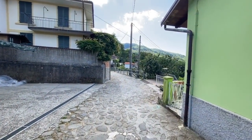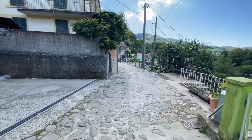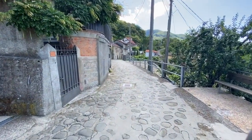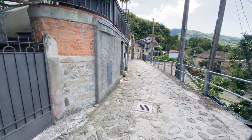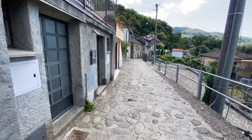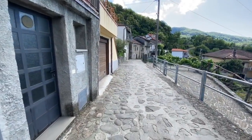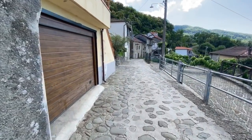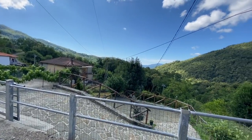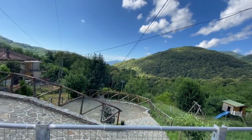So we're walking down the other end of the village now to show you a couple of things that I think are quite interesting as well. So it sort of thins out down here. This is the way that you would normally come up into the village by car. You look over here, see the road comes up, sort of sweeps up there,